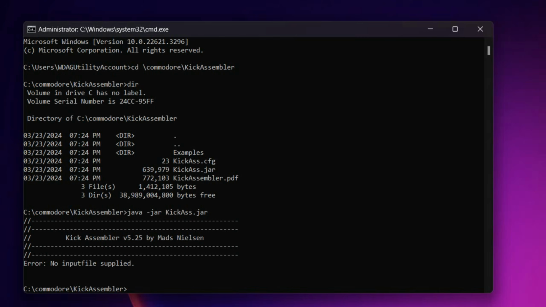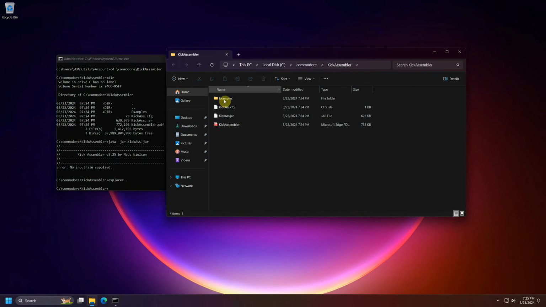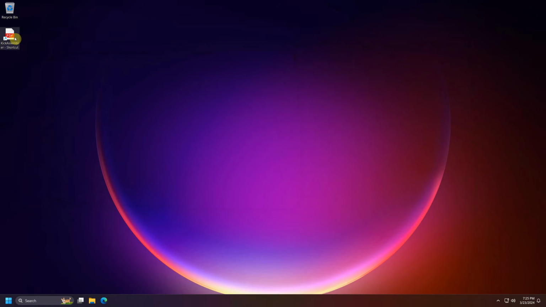Before we leave here, we want to take a copy of that PDF and put it on our desktop, because that's going to be really useful. So we're going to type explorer space dot to launch the Windows Explorer in that directory. So we're going to right-click drag this icon to our desktop, and we'll create a shortcut here. And then we can close these windows. I'm going to rename this with F2, and I'm just going to put Kick Assembler. And now we've got a reference to the documentation, which you will be referencing a lot as you learn how